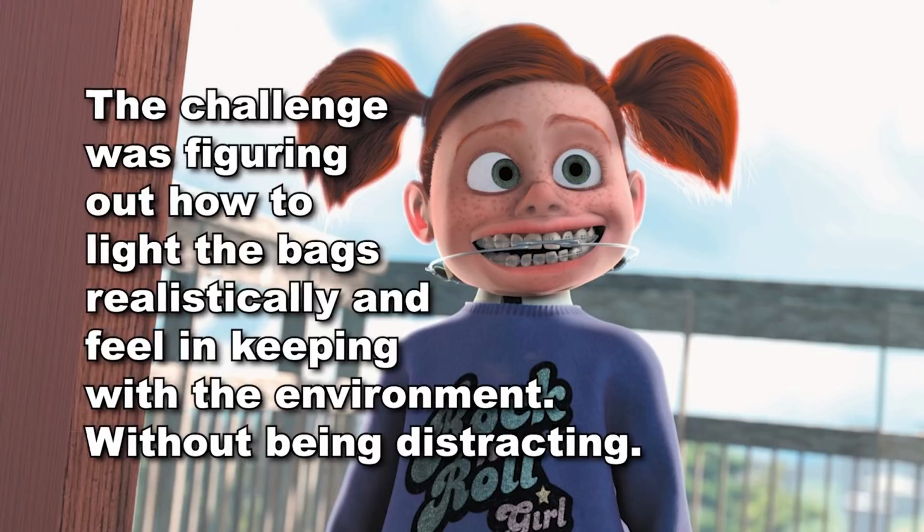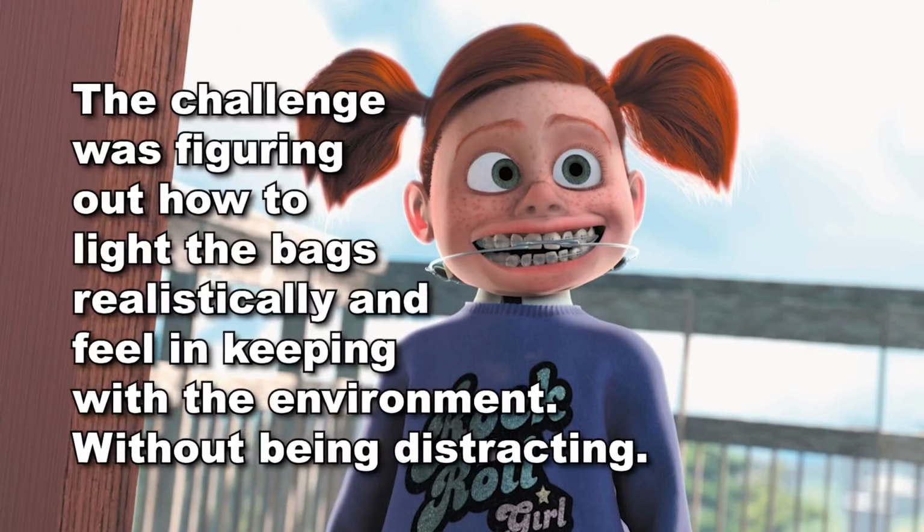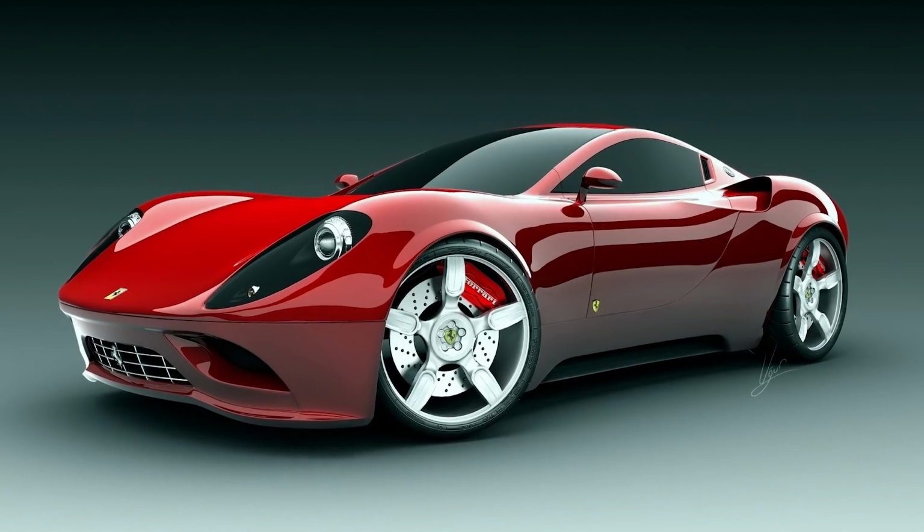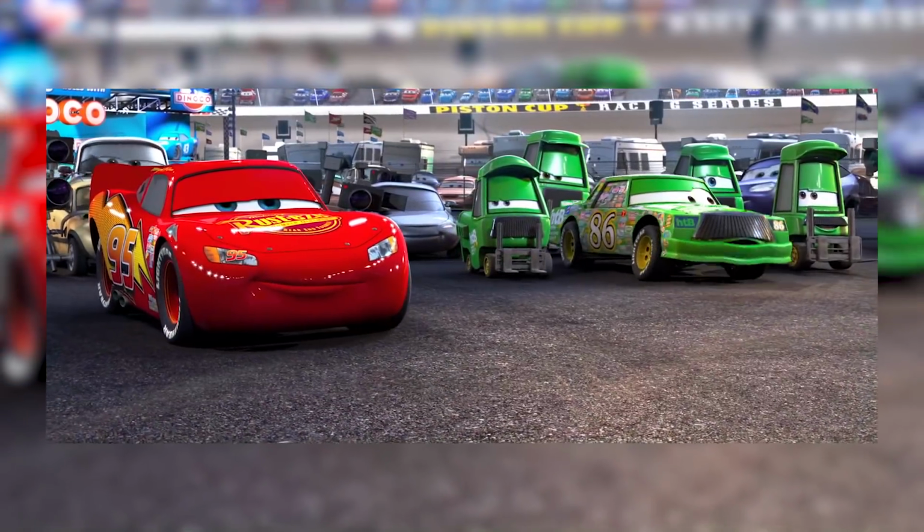The challenge was figuring out how to light the bags realistically and feel in keeping with the environment without being distracting. Animators actually ran into a very similar issue when animating cars in, well, Cars. In this instance, they actually had to make them less reflective than real cars are, otherwise it would just be hugely distracting to the audience. Like I said, sometimes it's the main character and sometimes it's trash bags, but when it's the main character, it's